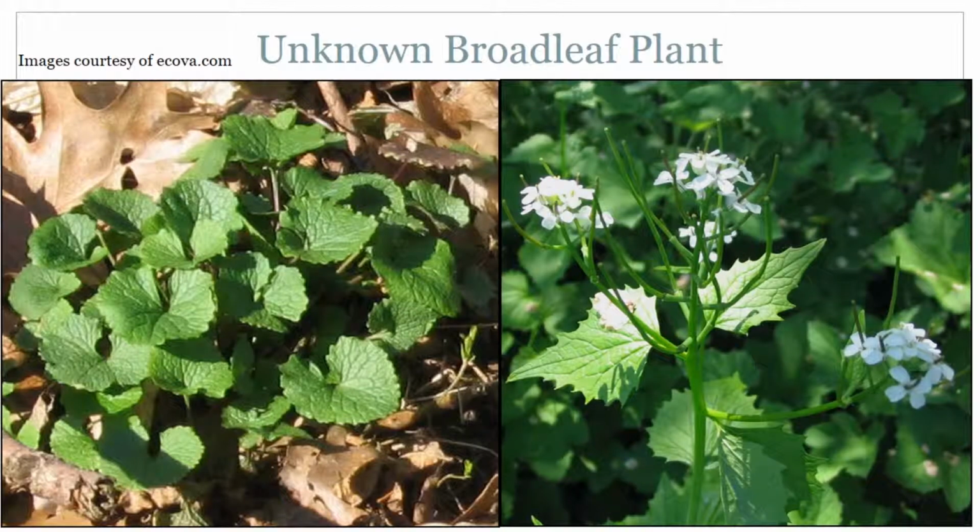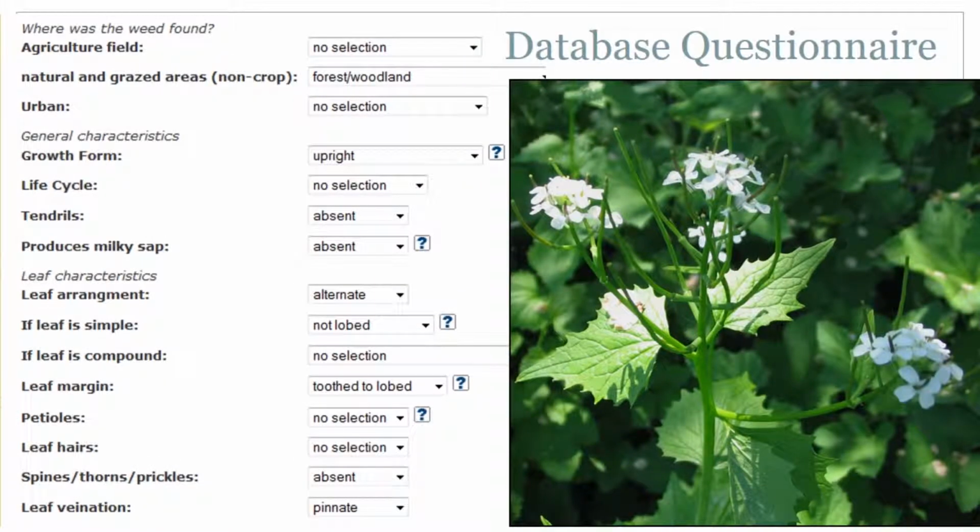I would like to demonstrate this weed identification tool by taking us through the process together. Let's begin with the broadleaf plant in these pictures here. I've included pictures that show two types of leaves, the stems, flowers, and young fruiting structures. From this information and observations from the field, we should be able to identify this plant to species using the online weed identification tool. After you have selected broadleaf species, you will see the list of questions that are on